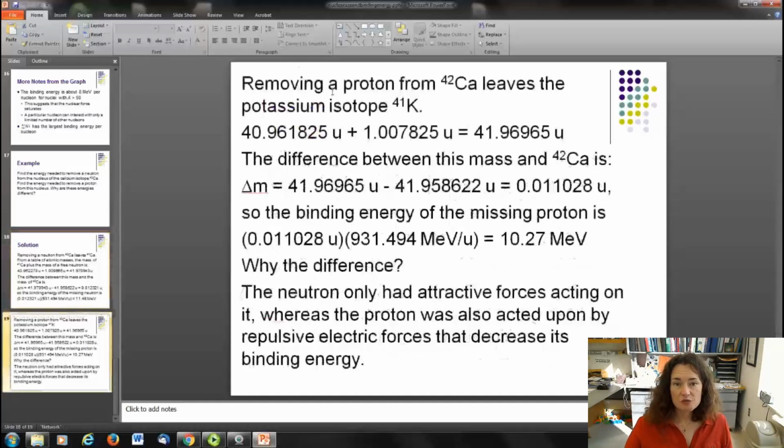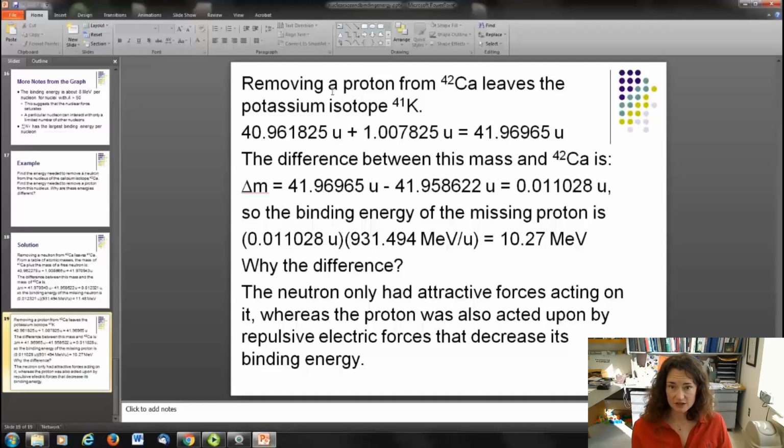Now, if you remove a proton, then what you've got is not calcium anymore. It's actually potassium, which has a value of Z that's 1 less than the value of calcium, okay? So you can look up the mass of the potassium isotope 41 potassium, because you'd still have all those neutrons, right? You've only lost one nucleon. And then we're going to follow a procedure that's really similar to what we did in the previous example. Okay, we're going to take the mass of 41 potassium and add it to the mass of a free proton, and we get